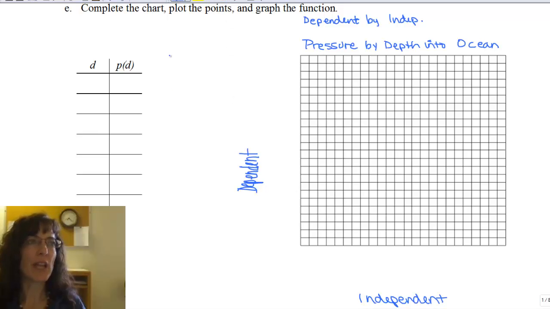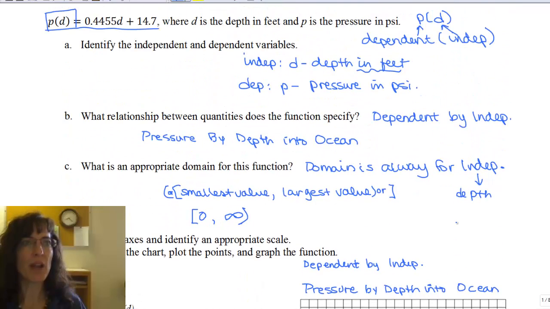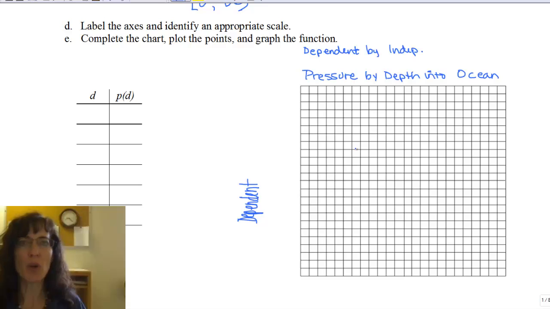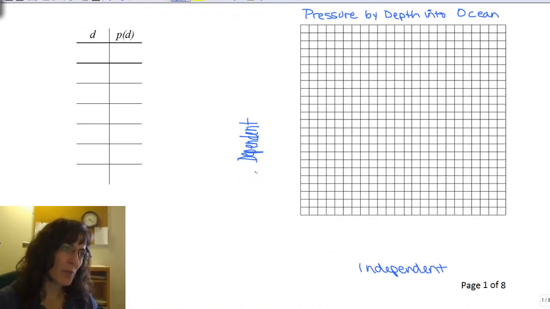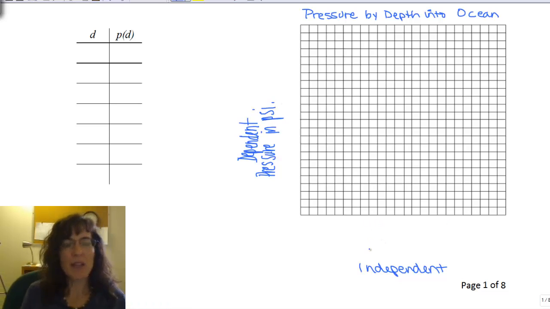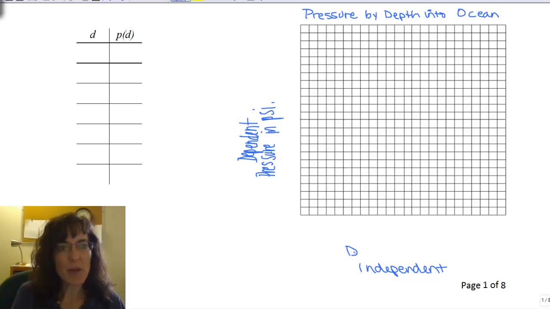Then we want to look at what was our dependent variable again. Come back up here where we wrote it. Dependent was pressure in PSI. We want to put all of that onto our label. So here we would write pressure in PSIs. And then independent for this one was depth. So this one would be depth